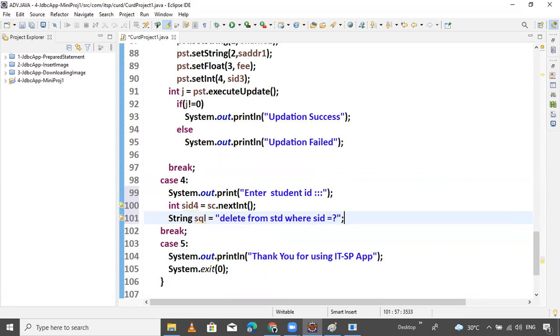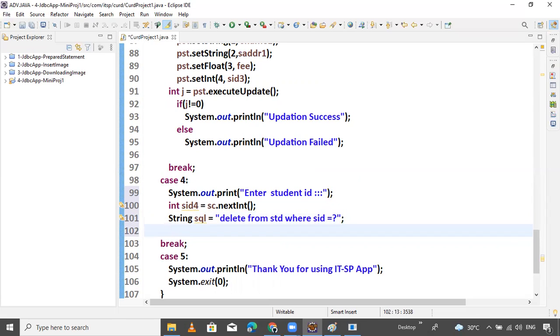Anyone tell me? Delete from, I think so. Good, the query is right.